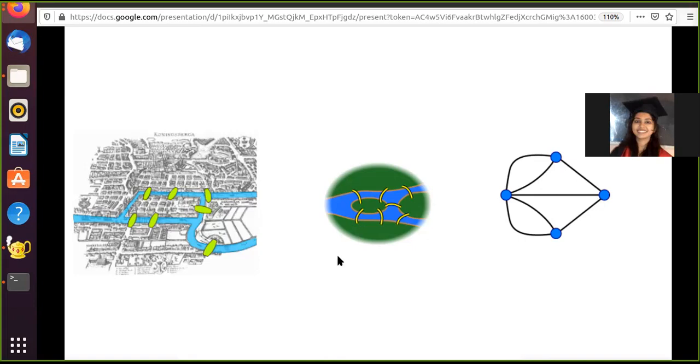But when we switch to this new area of social network analysis, we are more interested in studying the graphs which are found in our real life. Definitely, an example of such graphs are the social networks which have been there ever since humans existed. Previously they were offline, and as time is progressing, we have more online social networks.